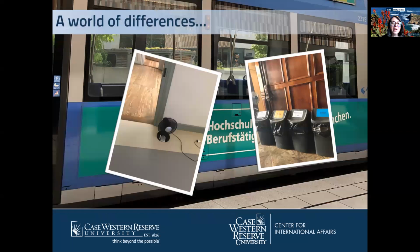So one of the really exciting pieces about studying abroad is that no matter what program you go on, you'll see a world of differences. For example, while Germany recycled as much as 70% of their waste in 2007, the US only recycled about 30%. Germany is aiming to reuse every single item produced, making their country more sustainable and eliminating the need for landfills. With travel, you will find that sustainability may well be built into cultural attributes within a country. This means you have the opportunity to live a more sustainable life and gain awareness of issues, even beyond the